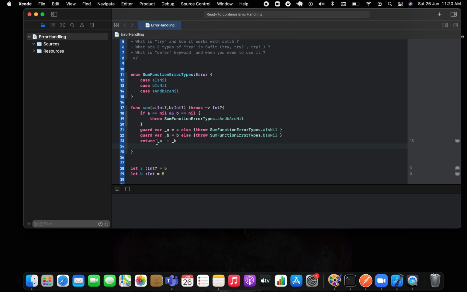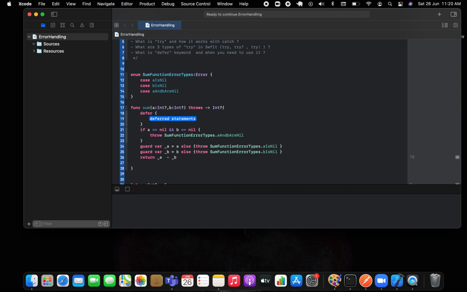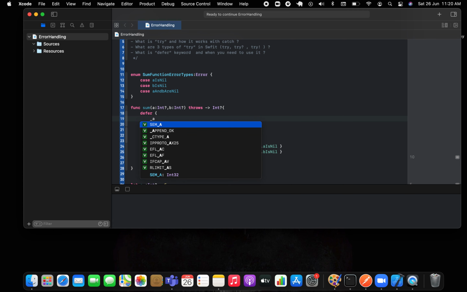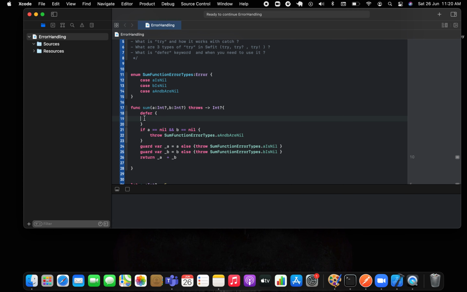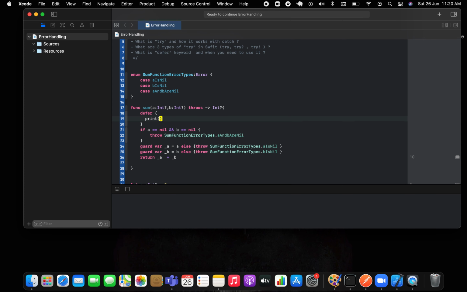So after returning something, if you pass this defer here, you can say defer will work, call this function, call this keyword